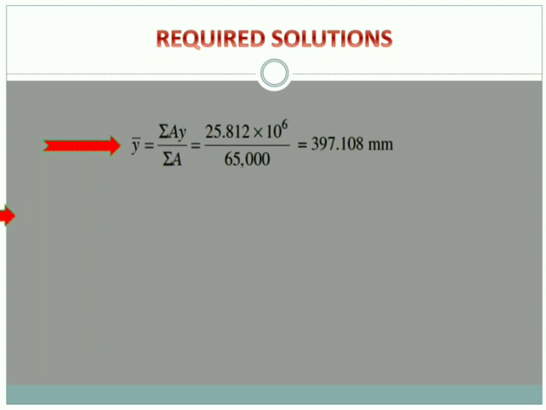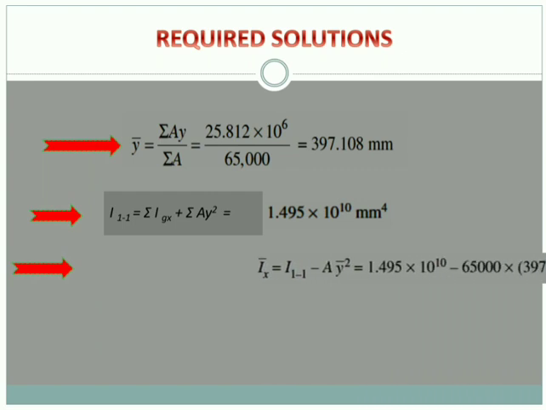We have found out y bar already. Then next, what formula will I use? I will use the parallel axis theorem application for the first time. If you want, you can write there, applying parallel axis theorem, I11 is equal to summation of Igx plus summation ay square. See here, I am not using the term y bar because this is an individual elemental calculation. So I11 equals summation Igx plus summation ay square. From your table, substitute these values directly and get the answer.